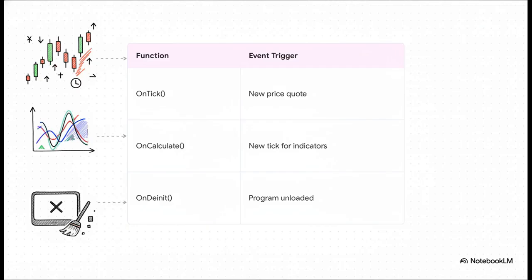Take the OnTick function, for example. That is the absolute lifeblood of an expert advisor. It triggers the exact millisecond a new price quote is received. But if you're building a custom indicator instead, you're going to rely on OnCalculate. And then OnDeinit is absolutely crucial for cleaning up your workspace if a chart period is changed or your program